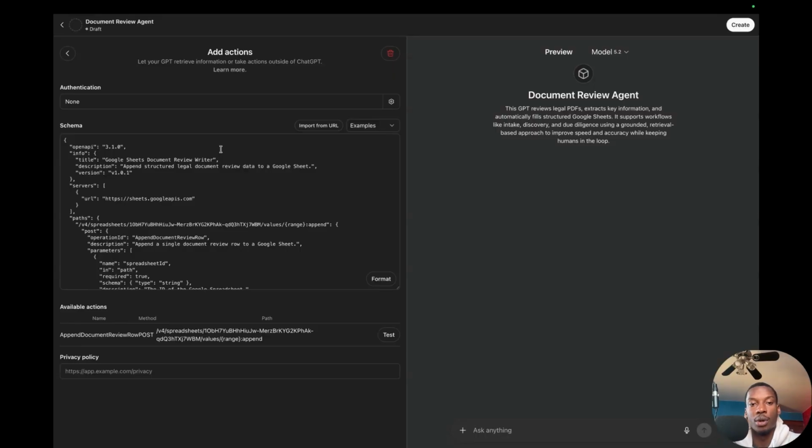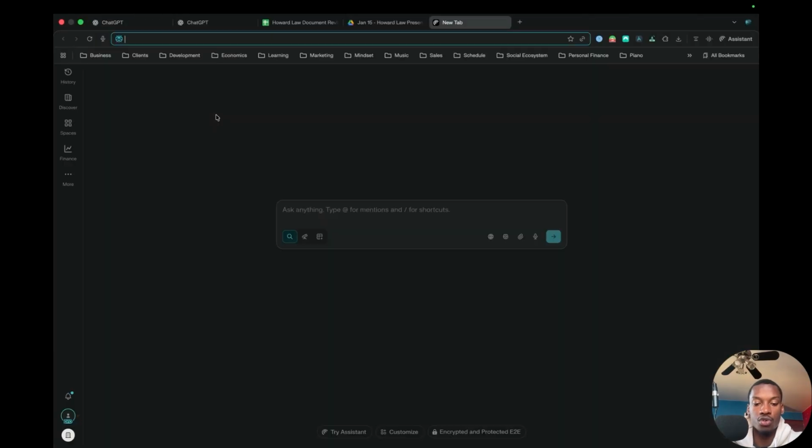And so because our Google platform is going to be protected by some form of either OAuth, authentication, or an API key, we need to include that authentication so that we can actually reach our Google Sheet that we want our agent to be able to change. And so in order to do that, we're going to go to